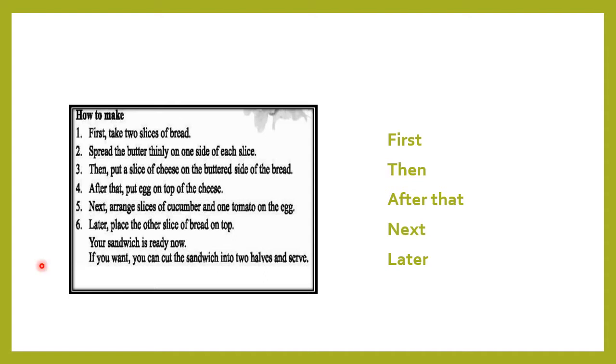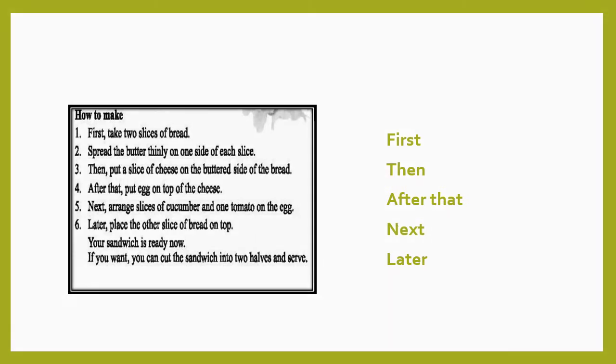Can you tell me? Okay, I'm telling you, these words are used to join or to refer to sequence or chronology, and these words are called linkers. So what are linkers?